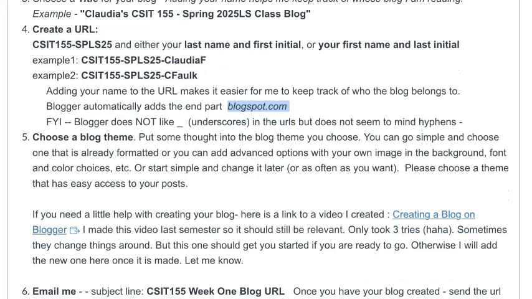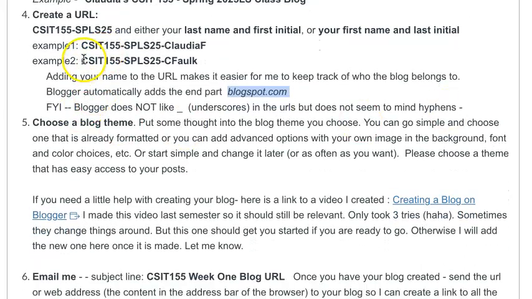So once you get past that part, if it doesn't like what you're writing, if someone else has exactly the same thing as you, it's going to say no. So you have to change things till you get something they like. Then, important thing, you're going to pick a blog theme. So they have all kinds of options. You can just get plain ones, you can get ones with backgrounds, and then you can get ones where you choose a background to replace whatever they have. You can put your own black background in.